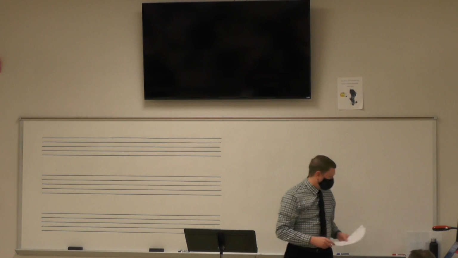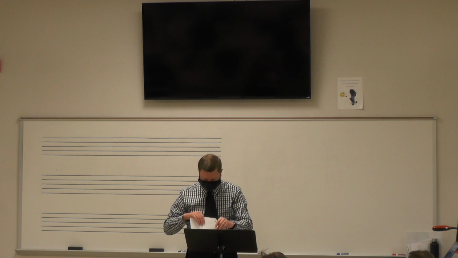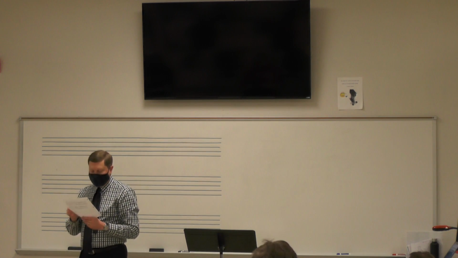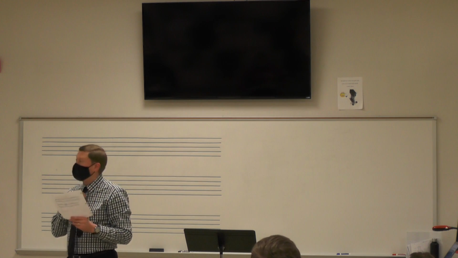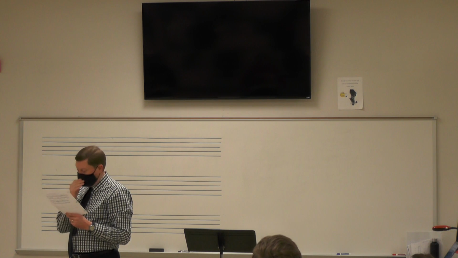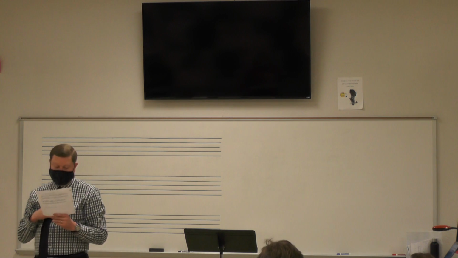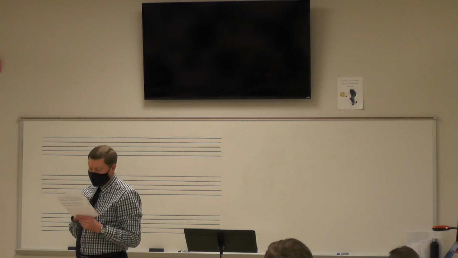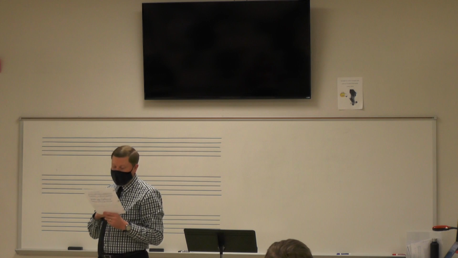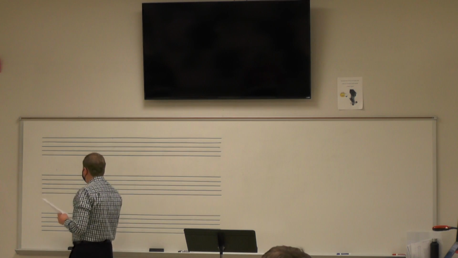So, let's see if I can find my copy here. There it is. So I had it on the board last class. The pivot chord is a C flat minor chord. And I would want you to either spell it as a C flat minor chord correctly, as C flat, E double flat, G flat, or I would want you to spell it as a B minor chord, which it is enharmonic with, as B natural, D natural, F sharp,